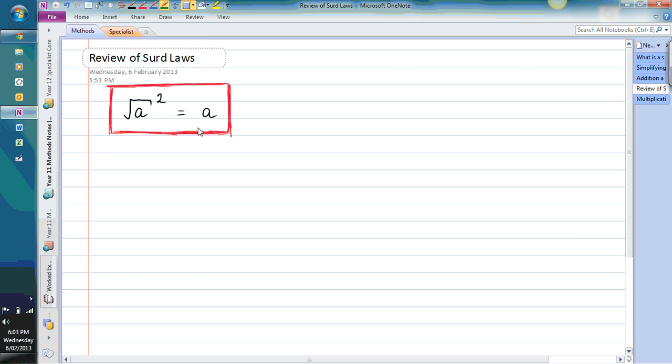The square root of a all squared equals a. Now, some of these laws, when they're written in algebraic form, can be kind of confusing. So what we need to do is break it down and, I guess, unpack it to understand what it's saying. If we have a look here, we've got some number a. We're finding the square root of it, and then we're squaring it, and the result is a, the same a